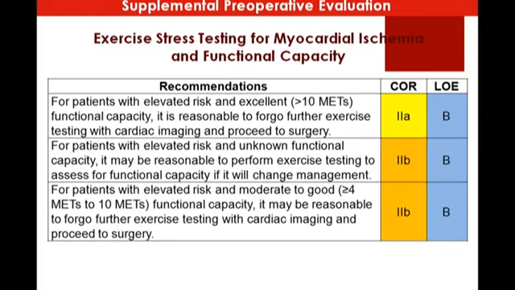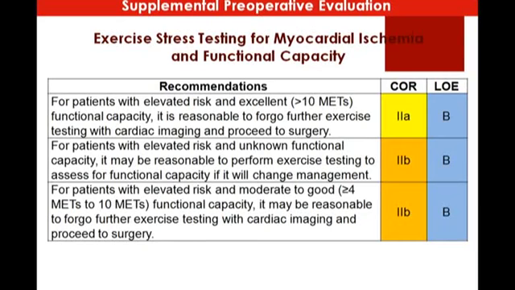What happens in our practice is that we see patients coming to the cardiology clinic with a stress myoview showing small, moderate, multiple small areas of ischemia, referred by the anesthesia for cardiac evaluation and coronary intervention. It's not going to make any difference if the patient has a normal, excellent functional capacity. We're not talking about low-risk procedures. We're talking about intermediate and higher risk procedures.